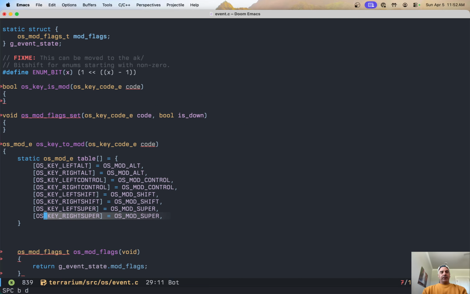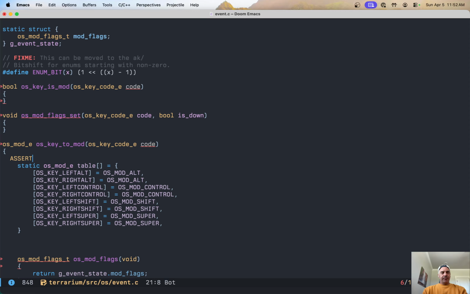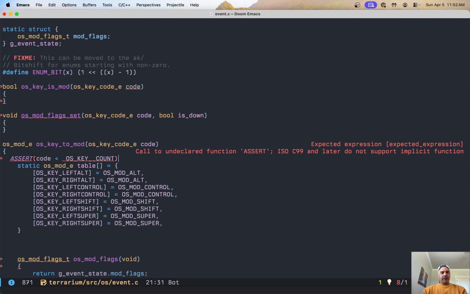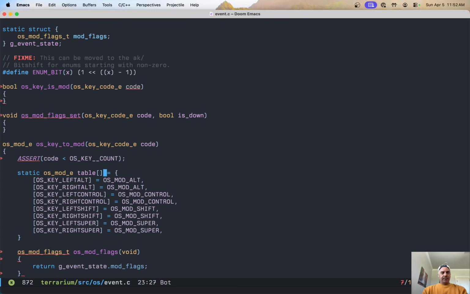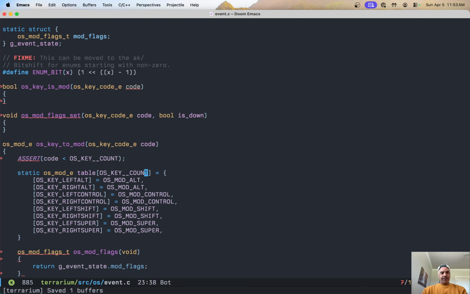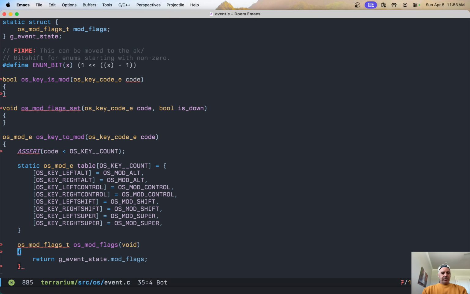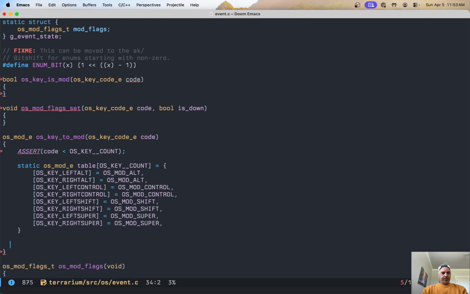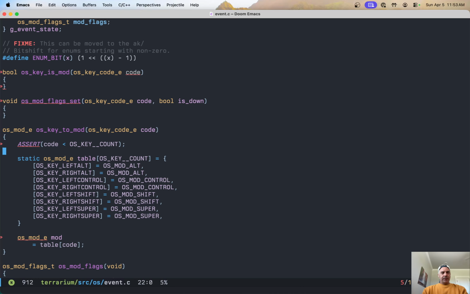You know what? Do this. We'll save us. Code is less than the key count because it can't, let's just. This is small enough. I don't really care. Let's just do it. The reason why is because then OS mod equals, so anything that, if this assert fails,